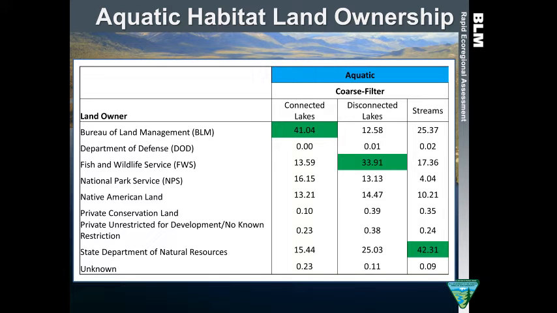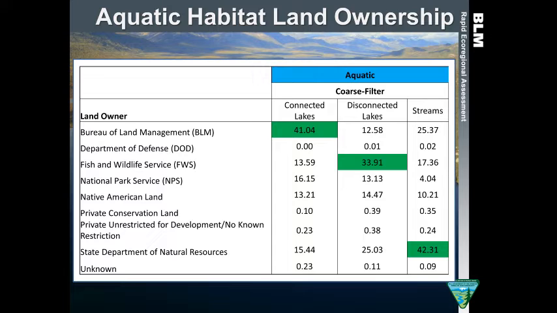So I wanted to present this table that we've seen a couple times now, but in the context of the fish species, and I understand that we might look at these data in a little more detail to make sure they're calculated properly. But the take-home message with this table really is that not just one agency or organization is responsible for the management of these conservation elements, but it's multiple agencies.